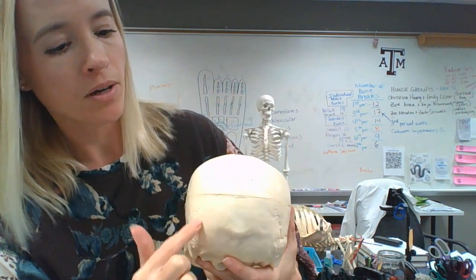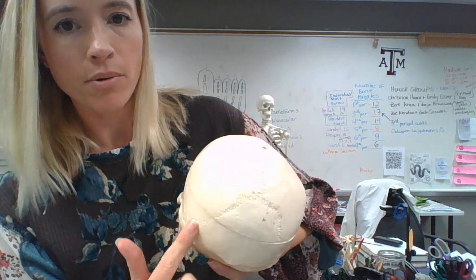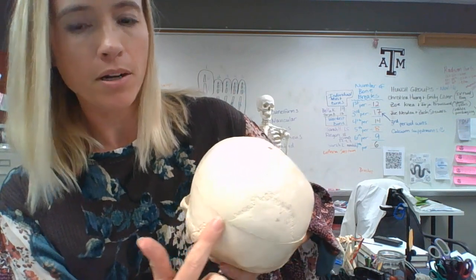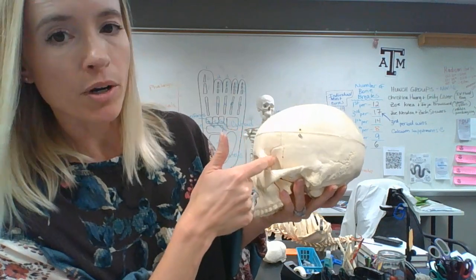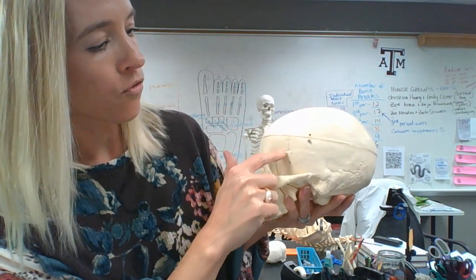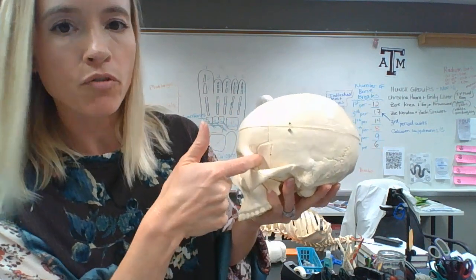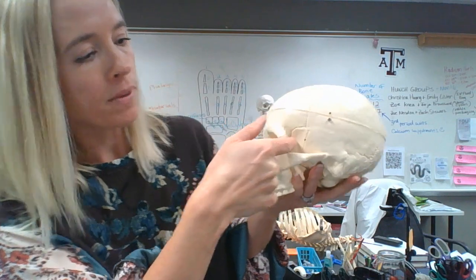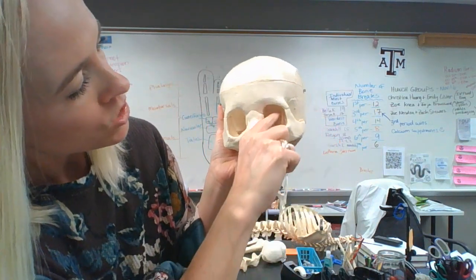occipital bone, lambdoid suture. Let me see if you can see that. There we go. Occipital, lambdoid. Between the frontal and the sphenoid bone, this is the frontosphenoidal suture. The sphenoid is visible from the side of the orbit and the inside of the orbit. That's the same bone. Sphenoid,